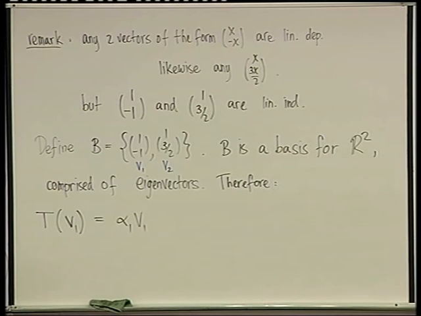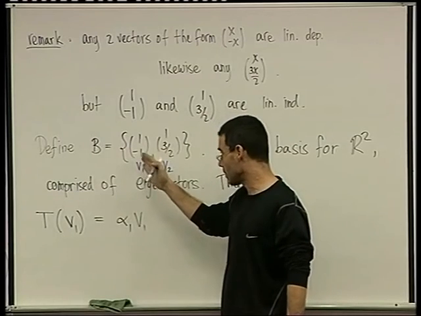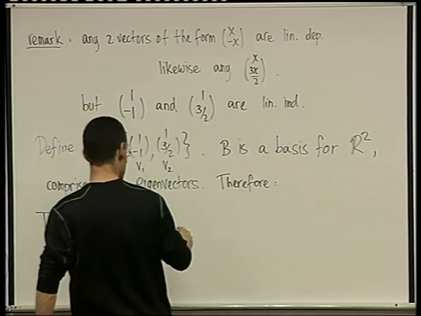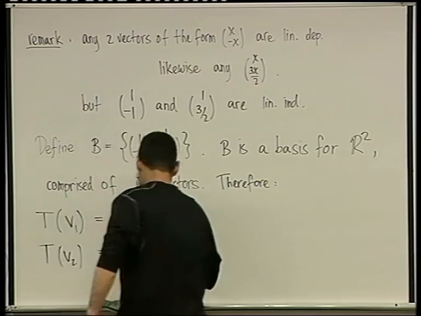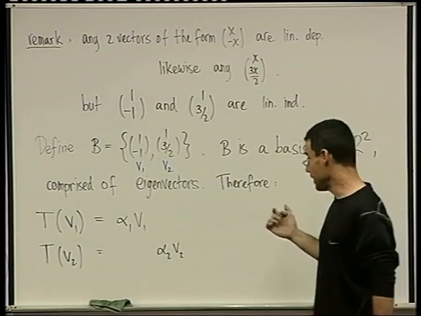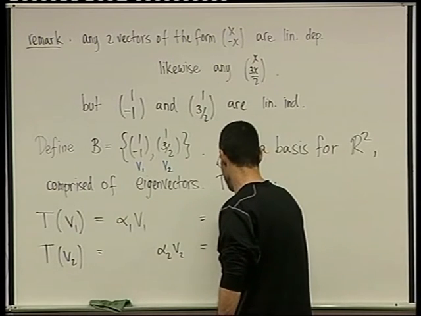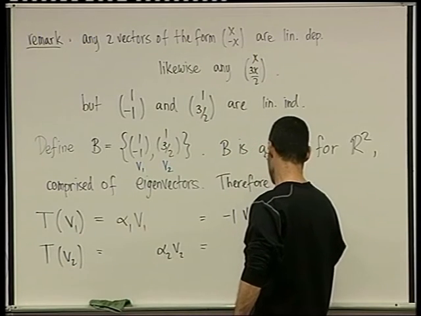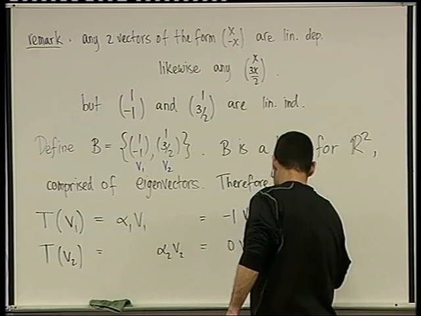That's what it means that it's an eigenvector, and we know what this alpha 1 is. Alpha 1 is the alpha 1 we found, corresponding to v1. It was -1, right? And T of v2 equals alpha 2 v2, right? And in our example, let's rewrite it as actual numbers. It's -1 v1 plus 0 v2. And this is 0 v1 plus 4 v2. These were the